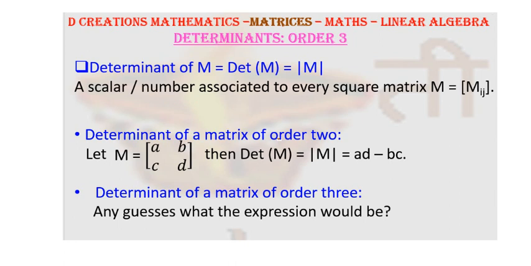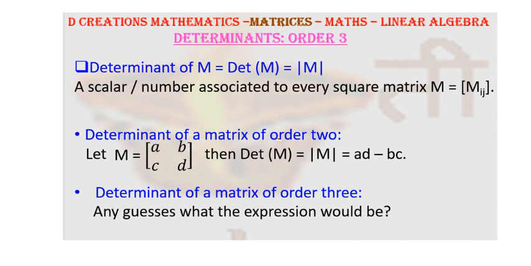So if you have a 2 by 2 matrix like the one shown here, A, B, C, D, where A, B belong to the first row and C, D belong to the second row, here it's straightforward. Consider one of the diagonals, AD, minus the product of elements in the other diagonal, BC. So AD minus BC, straightforward. And I'm sure you remember the notation for determinant.